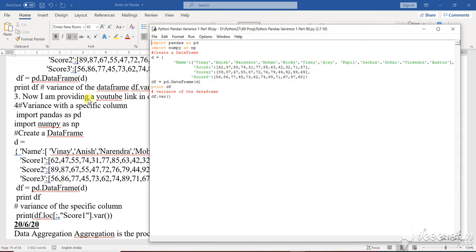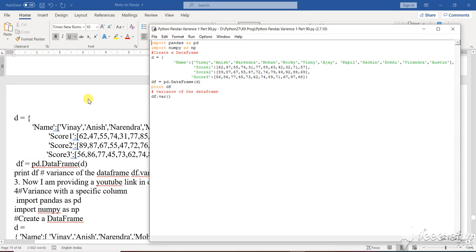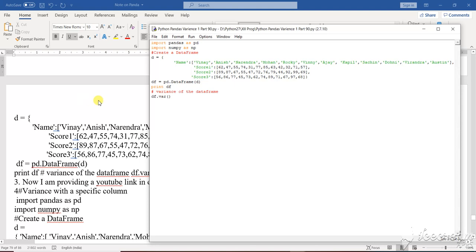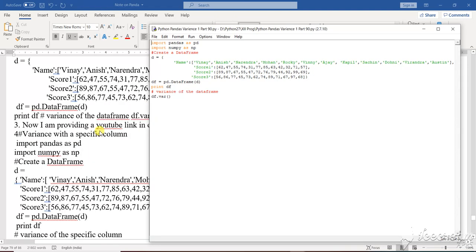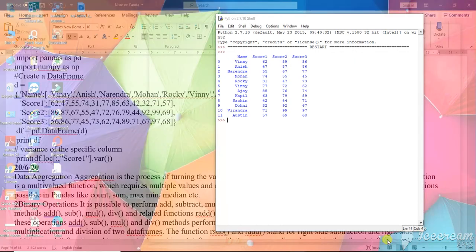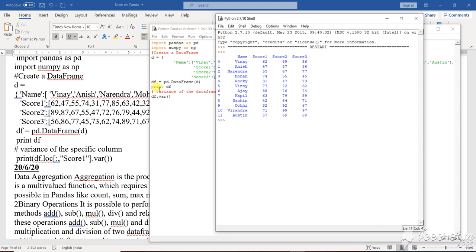Now let us calculate the variance of the data frame. Your data frame is there. Now to print the variance, which command will you specify? Variance on what? df variance. Variance on which particular part has to be defined. Since it has not been defined, you can see you are getting only the total structure that I have given with print df. So it is printing the df.